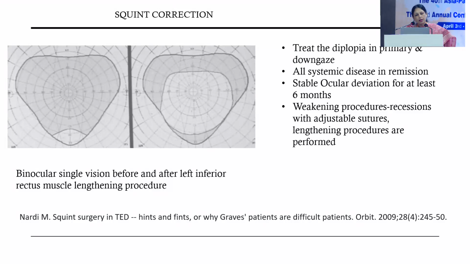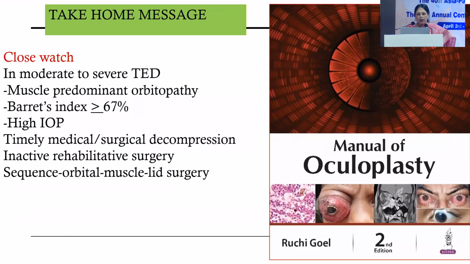Before going in for surgery, you can go for a binocular single vision field, and after surgery you can see how much the patient has got rid of the diplopia. And just a take home message: identify your moderate to severe cases, and keep a close watch. The muscle predominant cases are the ones which are likely to have a visual compromise faster. Identify these cases, check for the Barrett's index, that is the muscle thickness versus whatever space you have in the